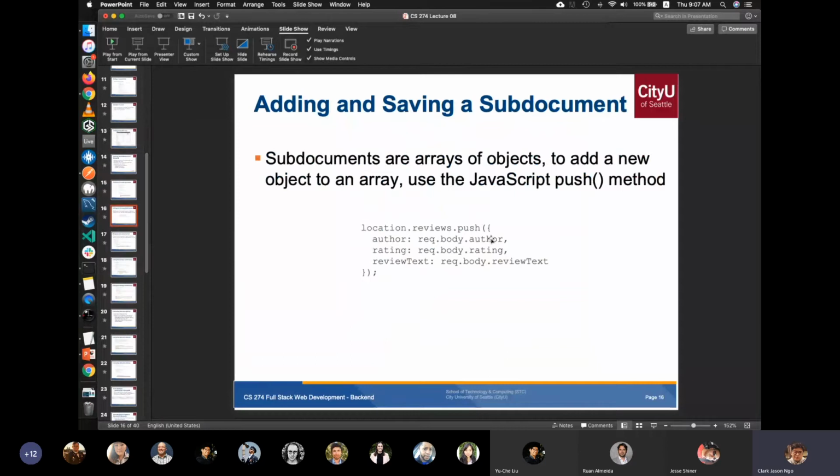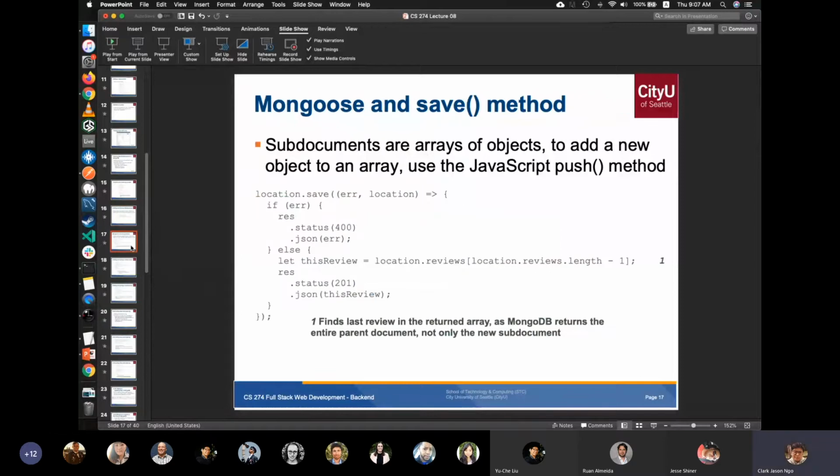Okay, so this is a simple push function for arrays in JavaScript. Once you are in reviews, because it's in array data type format or data structure, you can push data inside. So this one is just saving, right? After you push, you do want to save that, right? If you get an error, throw an error, else